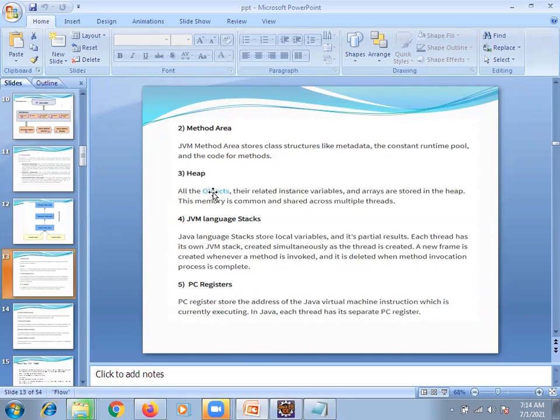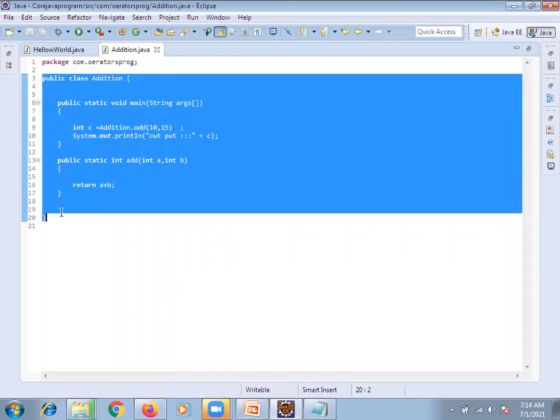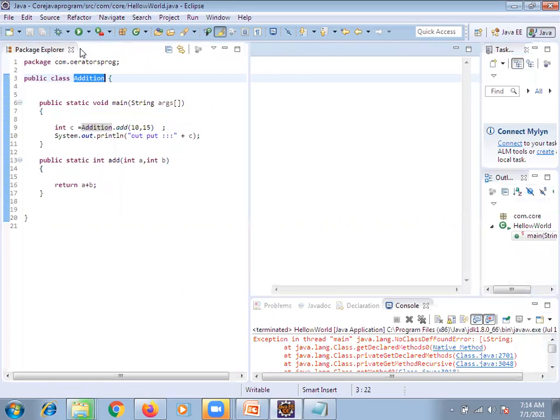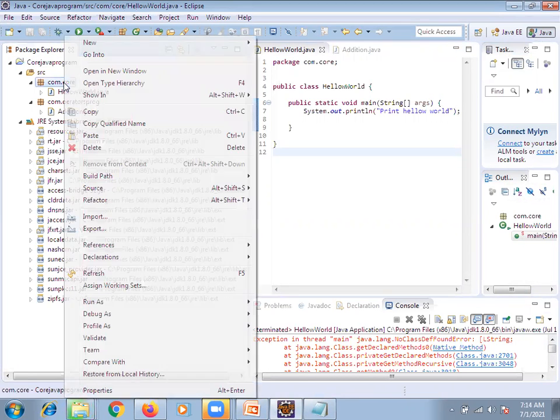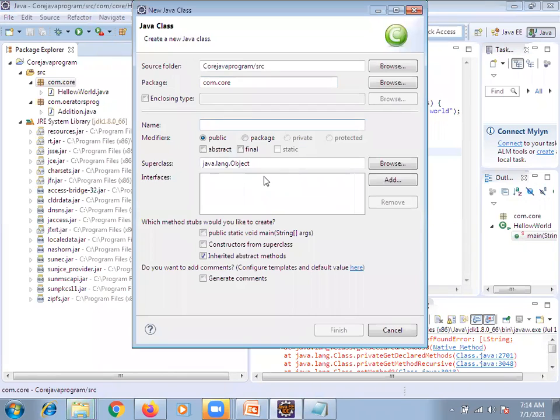Now coming to heap. Now you need to understand this. All the objects. This is the basic class we are writing. Now I want to get this class into another class. So try to understand, don't think much on this, just try to understand the concept. Extend class. Let us just extend example.